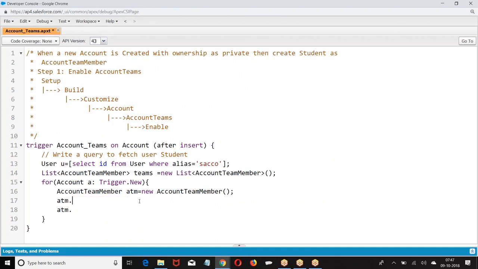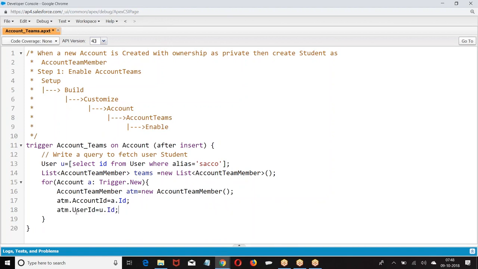Look at the point. When you are trying to create an account team member, first we need to understand what fields are there on the account team member. First, on which record do you want to create the account team member? Account ID equal to a.id, on this account. Now whom do you want to create as a team member? ATM dot user ID equal to u.id.